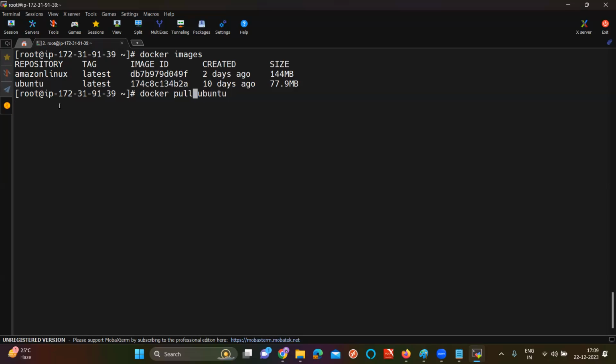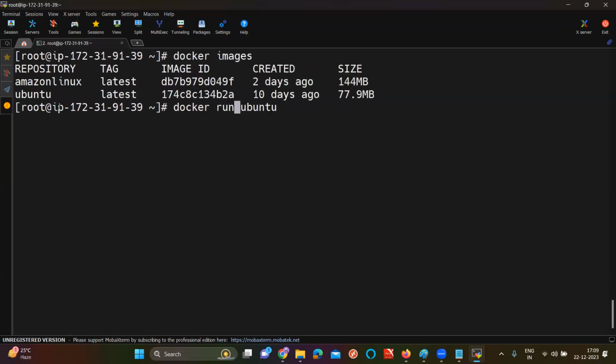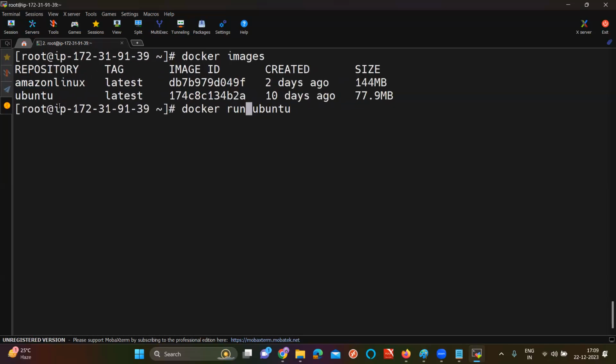Fine. So now here, if I want to create a container from that image, instead of pull, put run. Docker pull will download the image. Docker run will create the container. Okay. But if you create a container, it will be created. But if you want to interact with the container, that means you want to go inside, if you want to perform any operation, just give -it. IT means interactive terminal. If you don't give it, you cannot interact with your Docker. And if you want to give a name, give --name